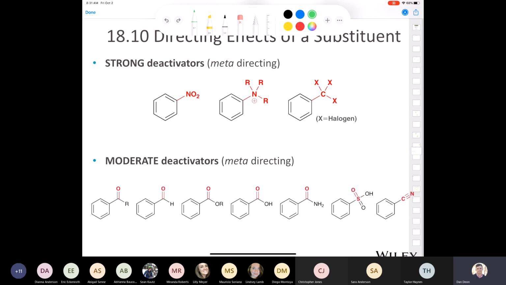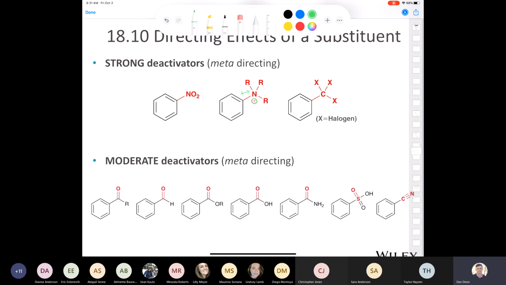You can't do that, but you do have a positive charge here, and so you can see that it is pulling electron density away from the ring. I can't even remember that example coming up in our textbook, so let's see. Or if you have a toluene derivative that is completely halogenated, so if you have trichloromethylbenzene or tribromomethylbenzene or trifluoromethylbenzene, something like that, that would be